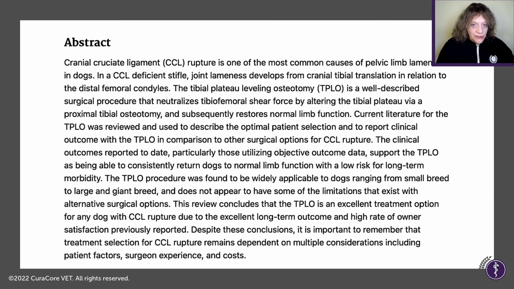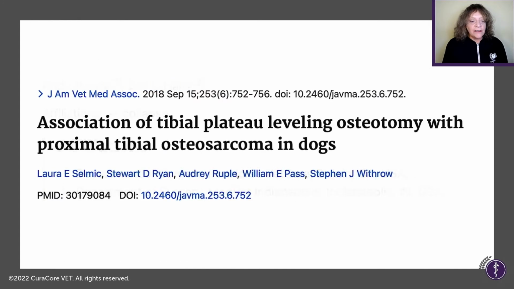And again, from surgeons, this review concludes that TPLO is an excellent treatment option for any dog with CCL rupture due to the excellent long-term outcome and higher rate of owner satisfaction as previously reported. Yeah, well, let's look at those long-term outcomes. And as we do that,